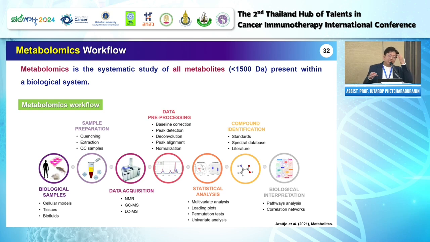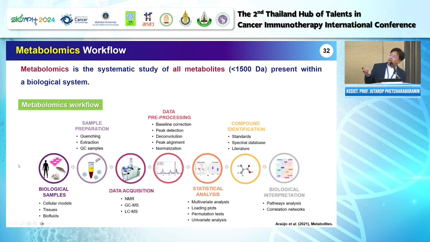That means these require different skill sets of the researchers or analysts in order to analyze different data sets. In this case, it's metabolite data. So we need to be able to pick a very sensible and logical statistical pipeline as well as the bioinformatic pipeline or tools that can be applied for such data sets. And then I would say the most challenging step in the metabolomic workflow is this one,